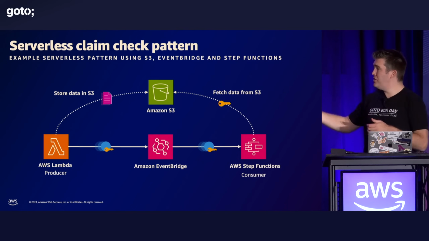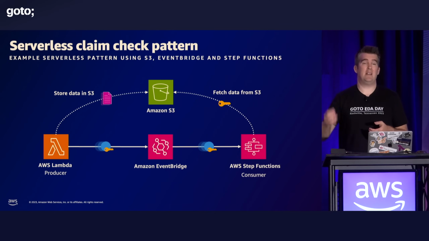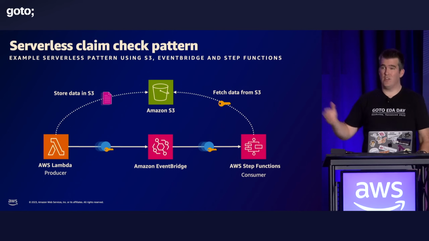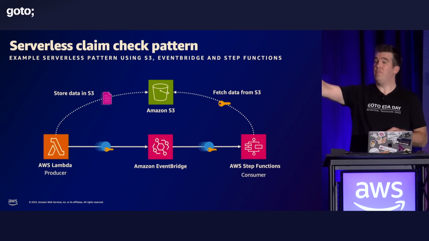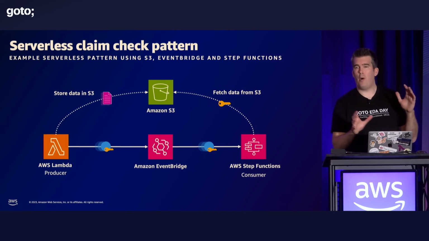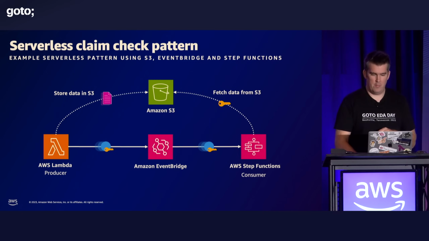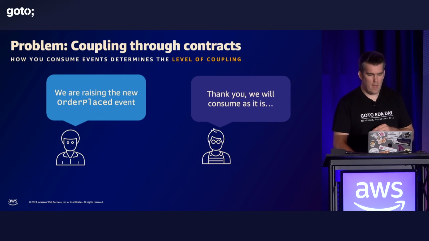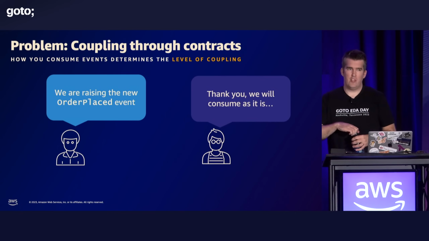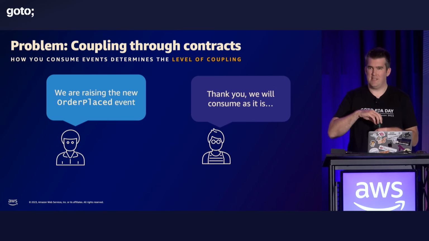So we use EventBridge. We create a rule, and the rule can target Step Functions. So we're passing an event, we're doing some routing, and Step Functions gets triggered. The first thing Step Functions does here is actually go and get the information from S3, and again, move on. So it's a very, very popular pattern if you fall into these particular problems. One other thing that will come up for sure is actually the coupling through the contract itself.